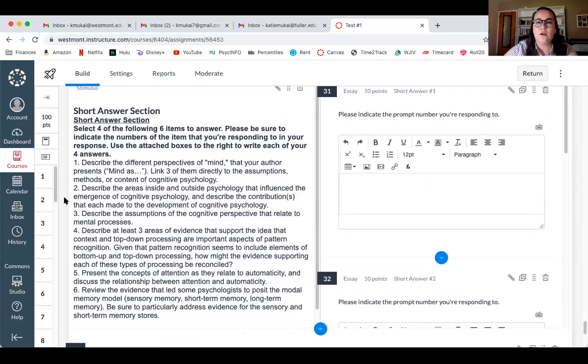Just real quick, I'm going to talk over what you could have written for each of the short answers. So for number 1, you could have talked about mind as associations, mind as brain, mind as network, structure, holistic, functional, rational, information processor, computational. And then within each of those categories, you could have talked about different things. So if you went with mind as associations, you could have talked about James Mill and this idea of sensation and association. You could have talked about his son, John Stuart Mill, and his idea about simple and complex ideas.